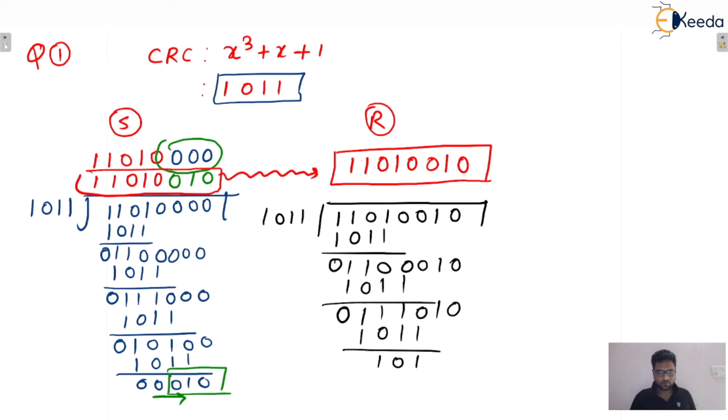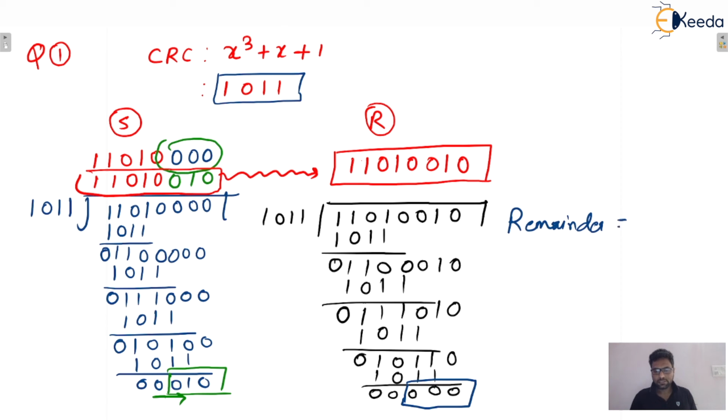So this one will be 1 0 1 0 1 0. Then from the leading one, 1 0 1 1. So that is 0 0 0 0 0. Now there is no leading one, so take the 3 LSB bits, that is 0. So here we can say that the remainder is 0 0 0, and the decimal value will be 0 only. That's why the receiver will understand that there is no error, isn't it? Now the receiver will remove these 3 CRC bits, and whatever remains will be the actual data, isn't it?